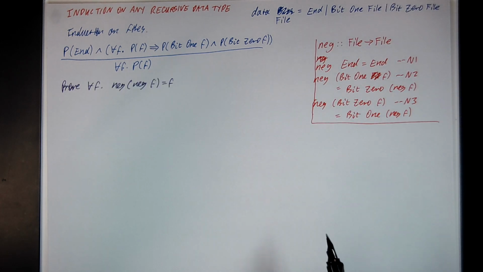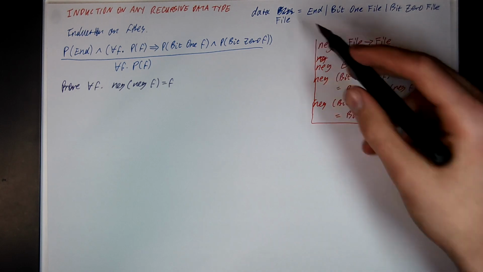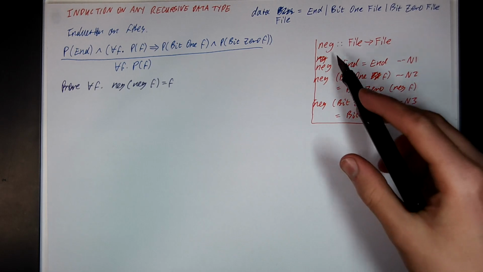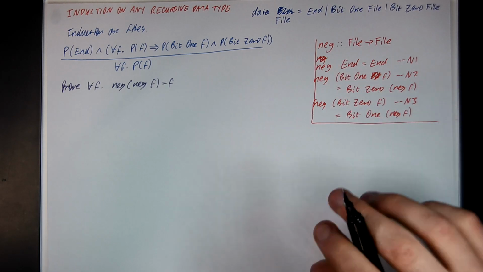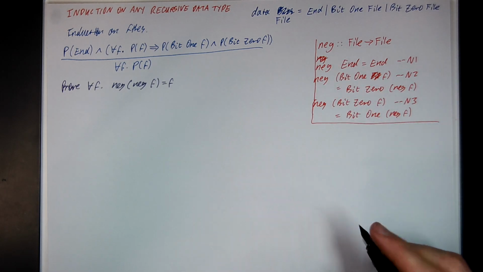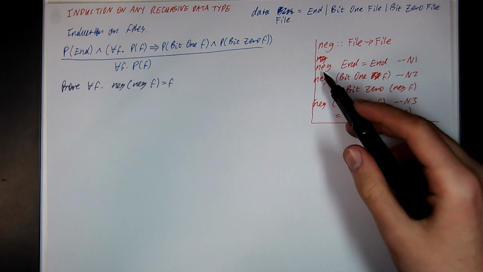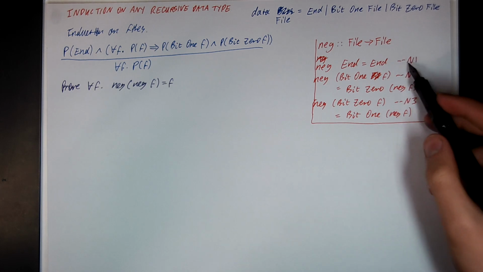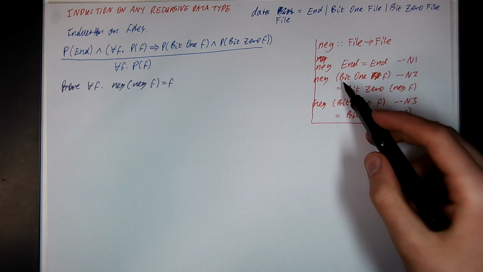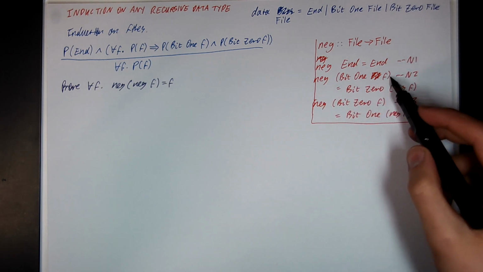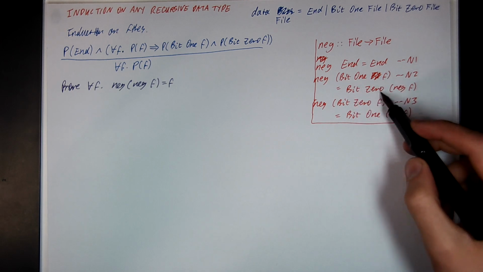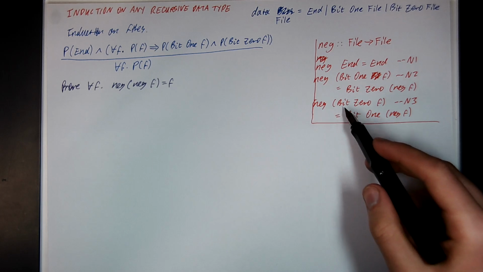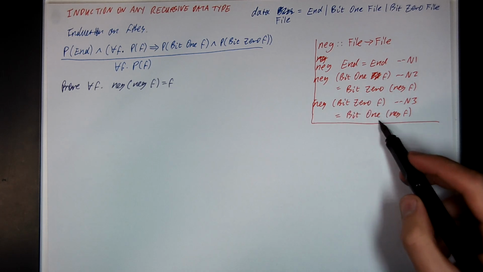Okay, I've now defined a function on files called neg, short for bitwise negation. So what neg will do is it will take a file and flip all the zeros to 1s and flip all the 1s to zeros. Let's have a look at the definition. Neg of the end of a file is just end. We call that rule n1. Neg of bit 1 on some file f will return bit 0 and then negate the rest of the file by n2. And then neg of bit 0 f will flip the 0 to a 1